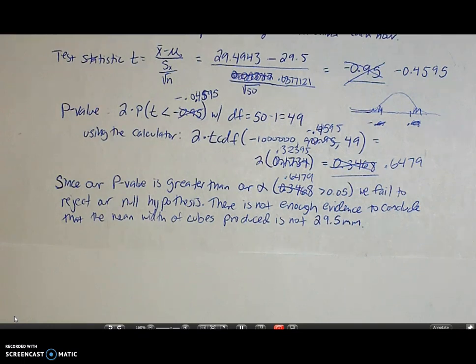The verbiage there can be kind of wonky, a little bit confusing, but remember, we never accept the null. We either reject or fail to reject, and then we either say we can conclude our alternative or we can't conclude our alternative. Okay? Alright, the next video is going to talk about this